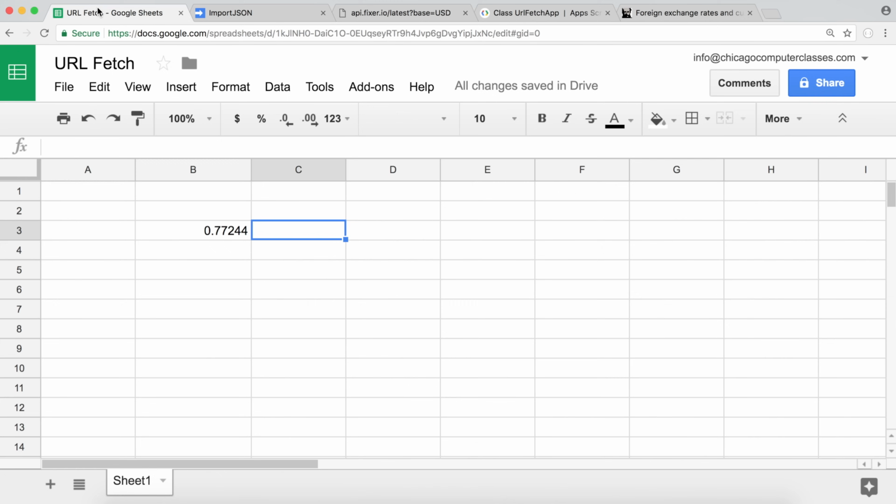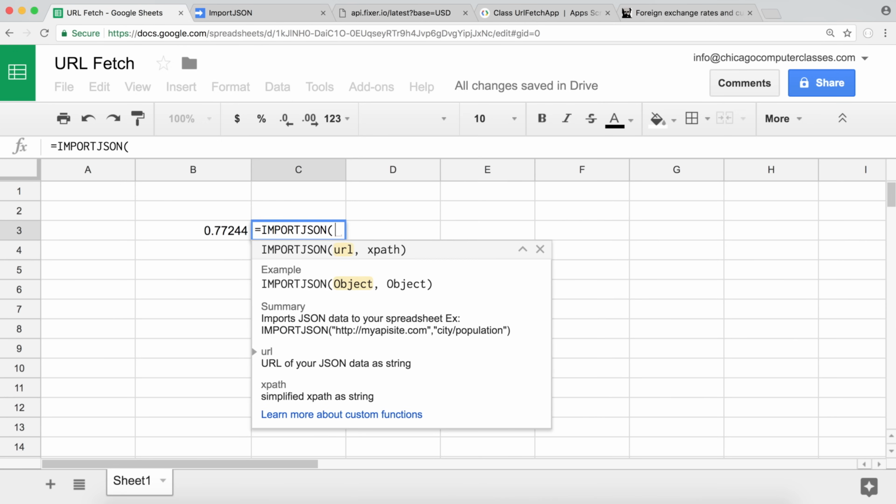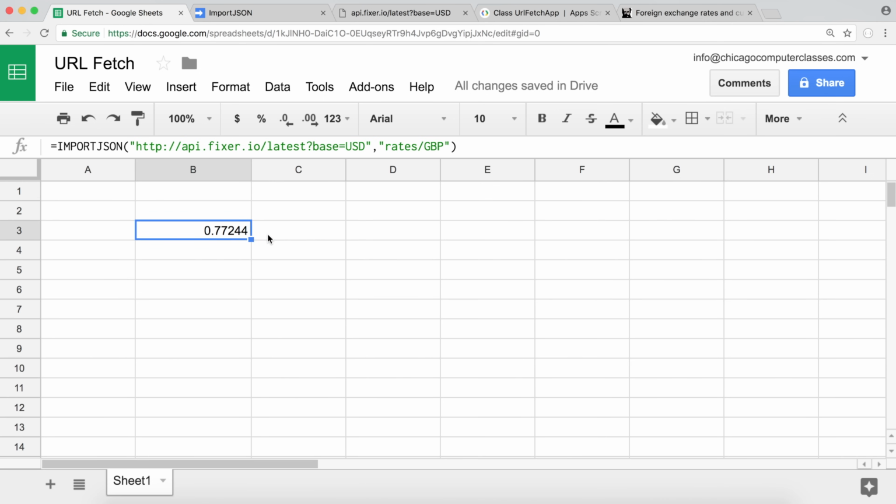That should hopefully explain to the user how to actually use our function. See, it gives an example. Good. And nice notation here. And that should do it. So that makes our import JSON function